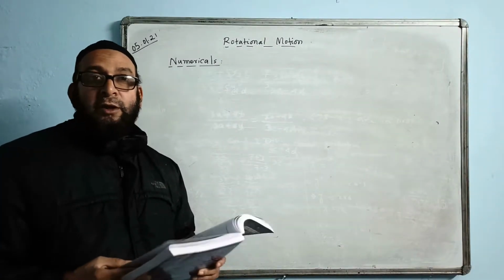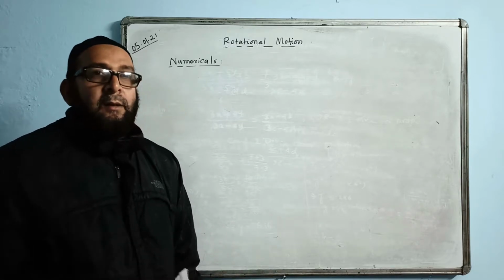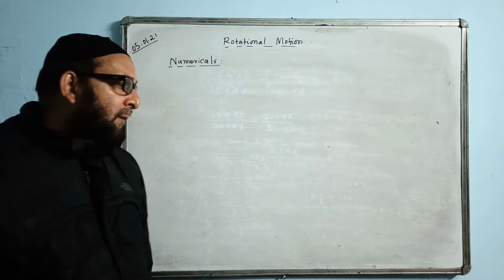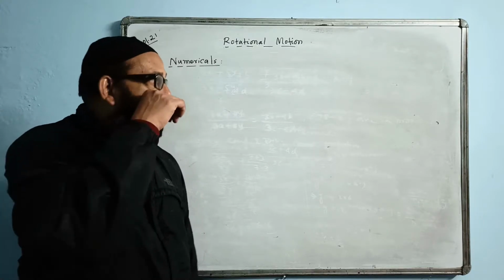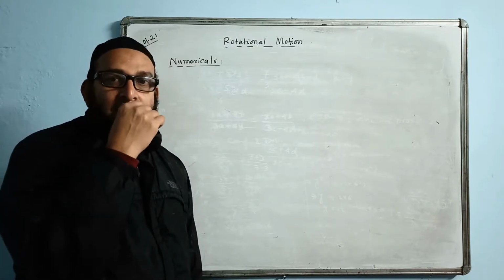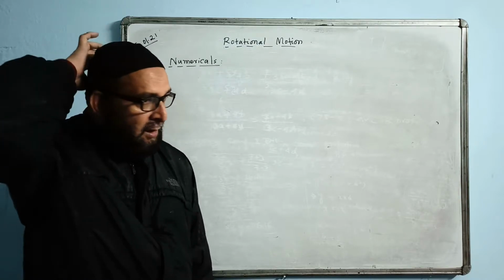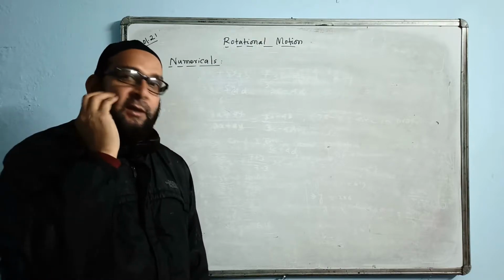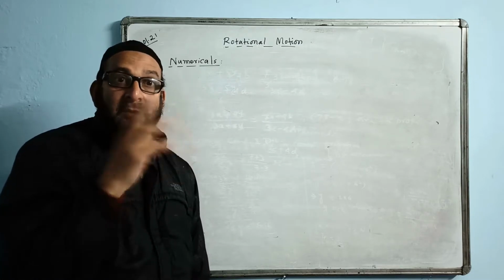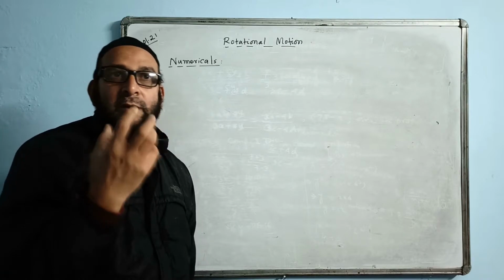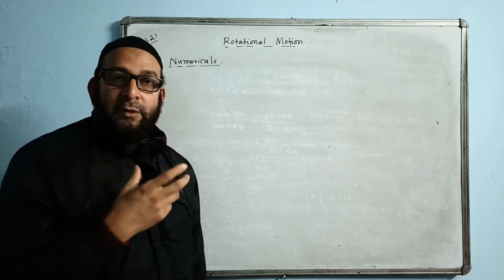Today we will be mainly doing the numericals, but before we start doing the numerical problems, the formula of moment of inertia as I gave was I equal to mr square, and the unit was kg meter square. mr square, mass is kg and r is distance, so kg meter square. But moment of inertia depends upon the mass distribution, how the mass is distributed in the body. That's why moment of inertia will depend upon the shape of the body.